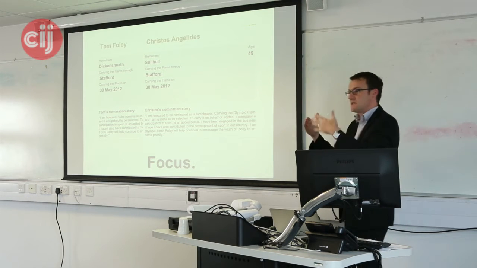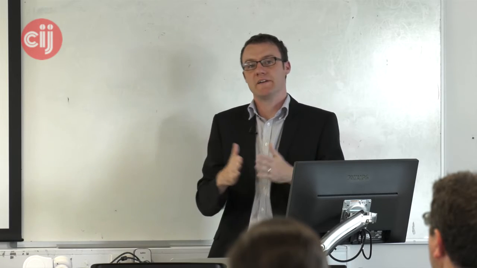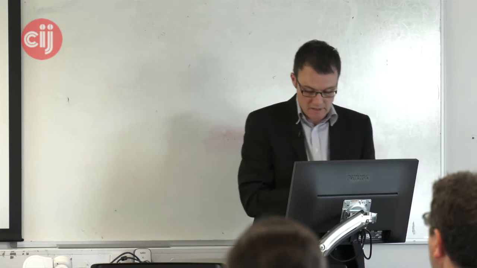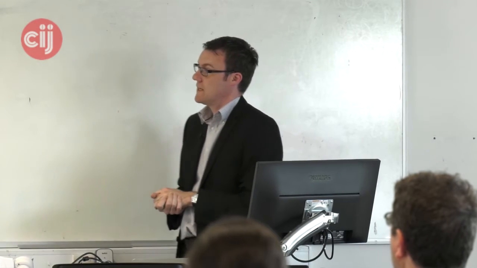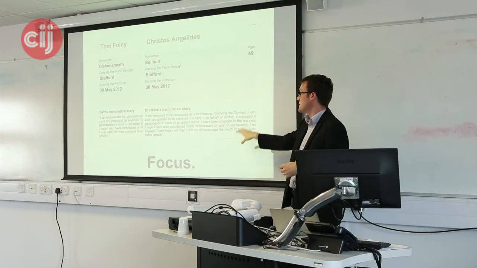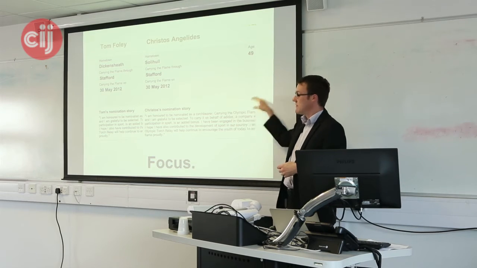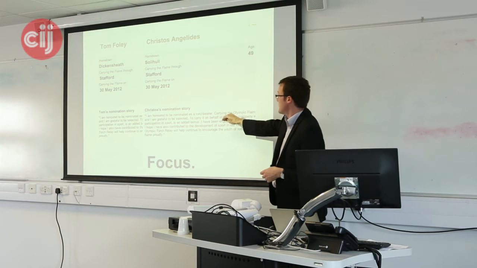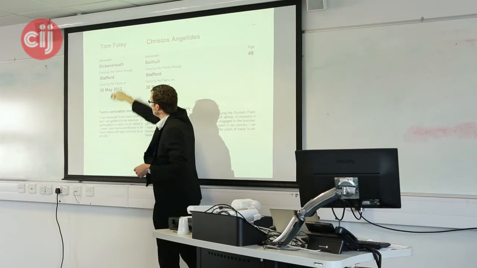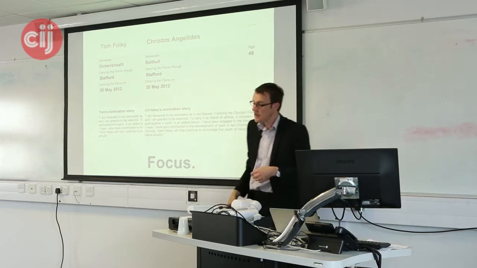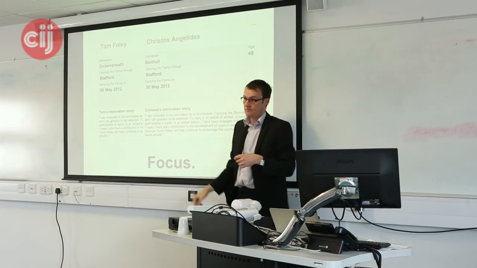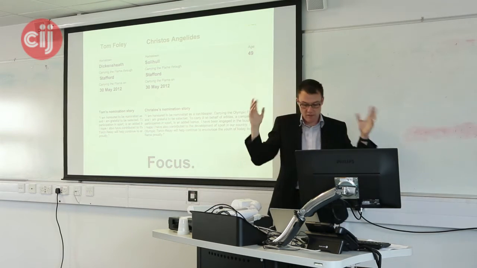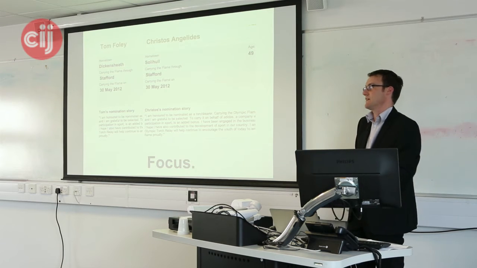Part of this process is narrowing the focus of your inquiry, reducing the amount of fishing, essentially, that you've got to do to find your story. So from 6,000 stories to 23 to 7, very quickly I'm able to start focusing my efforts. Who's Christos Angelides? Who's Tom Foley? If you Googled those names, you'd find that there's an executive of Next called Christos Angelides. He's on the most powerful people in retail list,